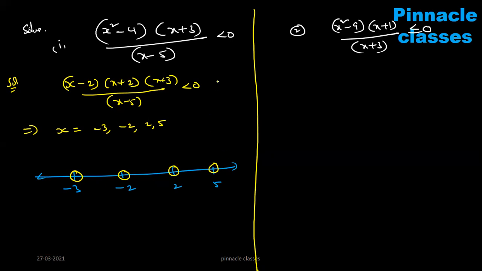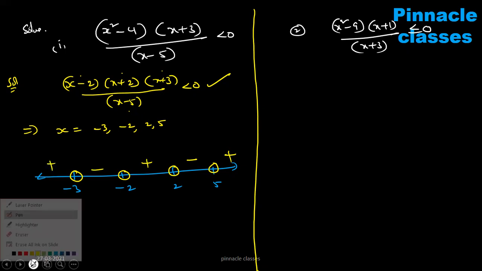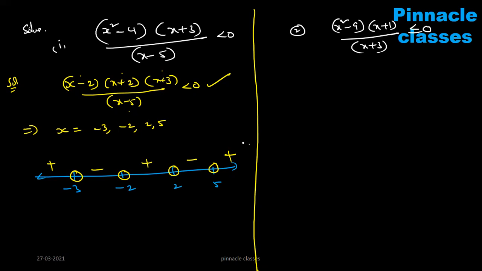More than 5 means, this is the question, plus. Take x is equal to 3; that means negative is coming. Next, put x is equal to 0: positive. So negative, negative, positive is coming. Minus, plus, like that. Clear? Yes, sir. What is the graph coming? Upwards, downwards, upwards, downwards, upwards.